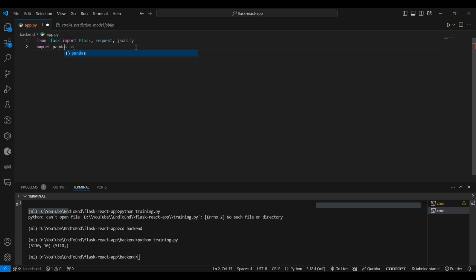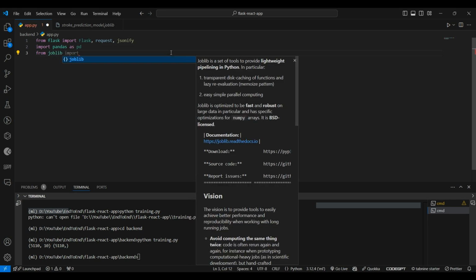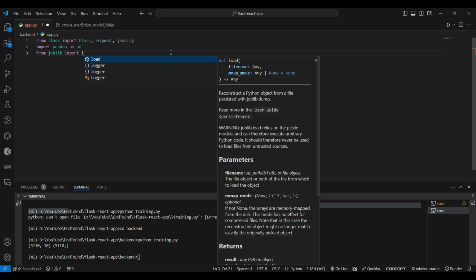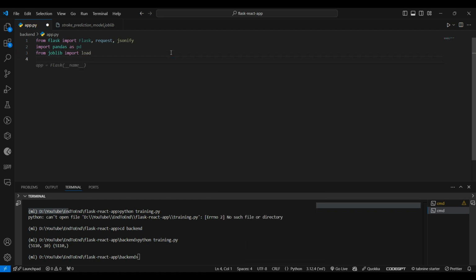Import pandas as pd. Also from joblib import load, and from flask_cors